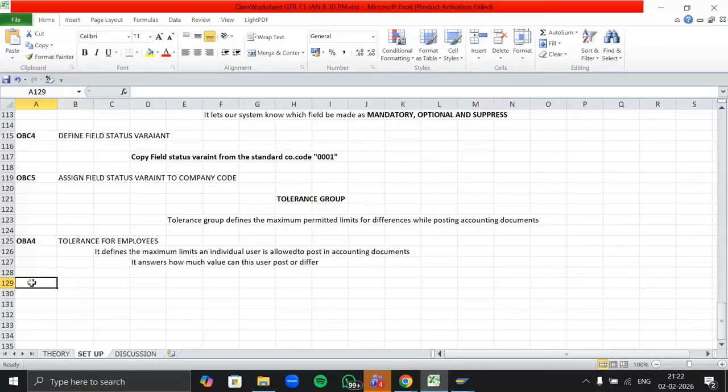So let's set a limit for our general ledgers. To set a limit for your general ledgers, the T code is OBA0, risk tolerance.